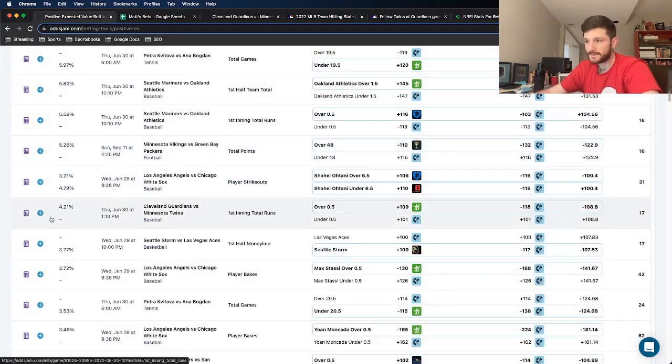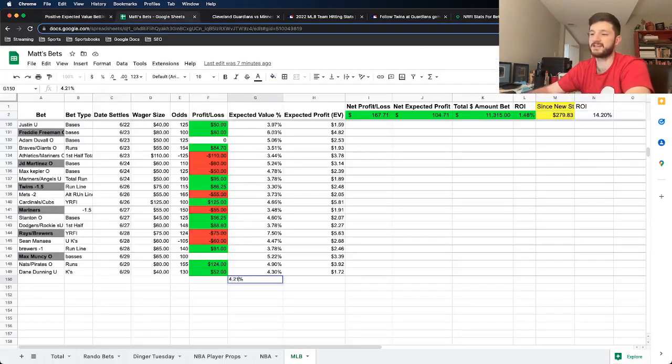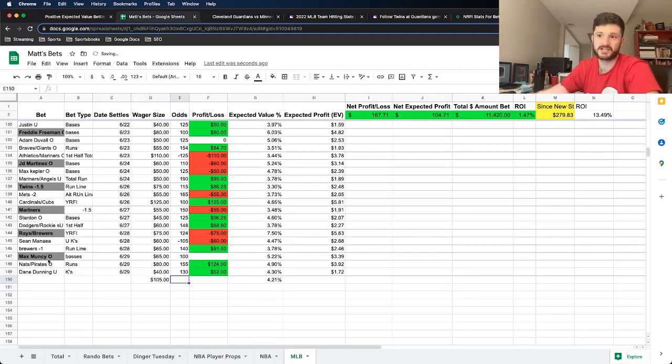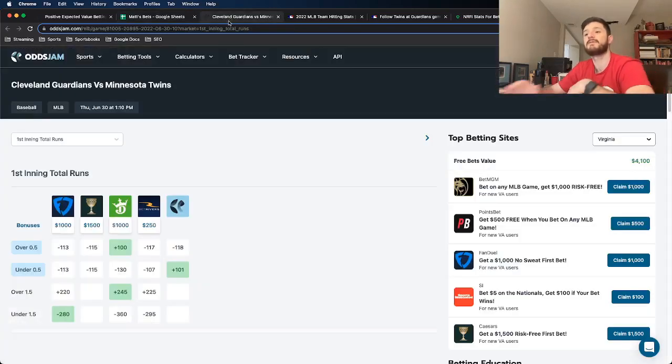So for this play, 4.21% profit margin, I'll go ahead and add that here to come back to later. And this was a $105 bet, which is essentially about 4 units. You can call it a 4-unit play. But before I actually decide to take the bet, what I like to do is look into the markets and